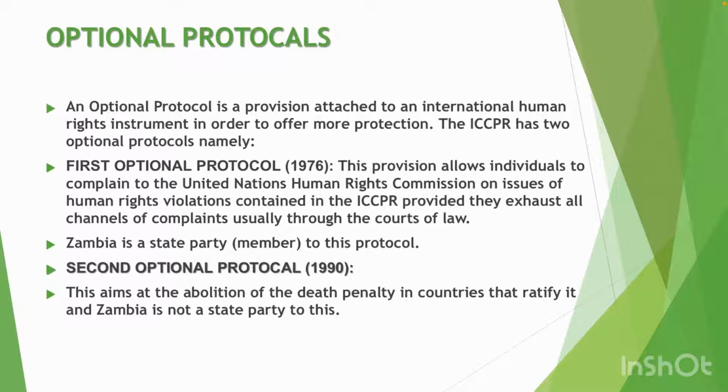So, as you can see, these optional protocols, the name sounds too technical, but they are simple. They're just provisions to offer more protection to the rights contained in the ICCPR. So it's not only the ICCPR that can have optional protocols, even other human rights instruments can have provisions attached to them in order to offer more protection to the rights that are contained in that document. So these are the two optional protocols that are attached to the